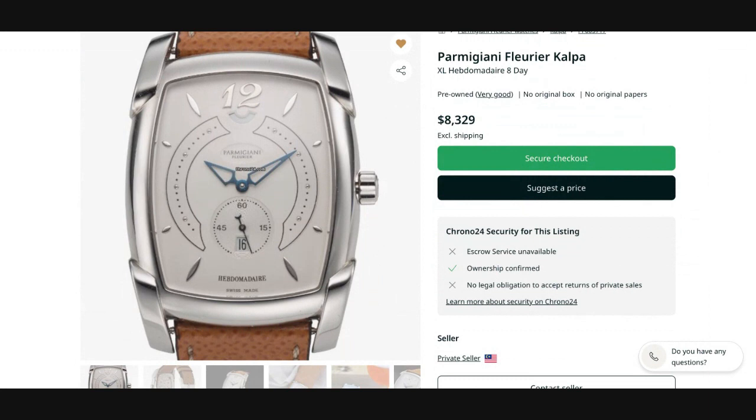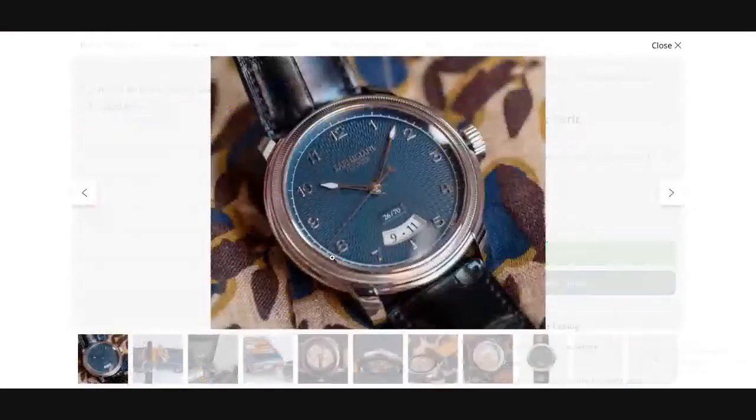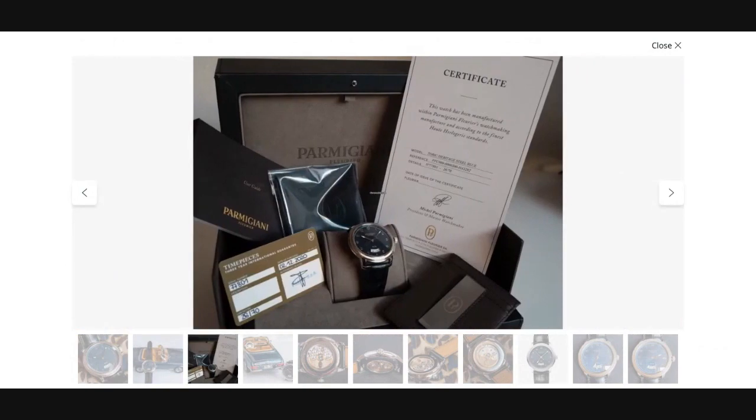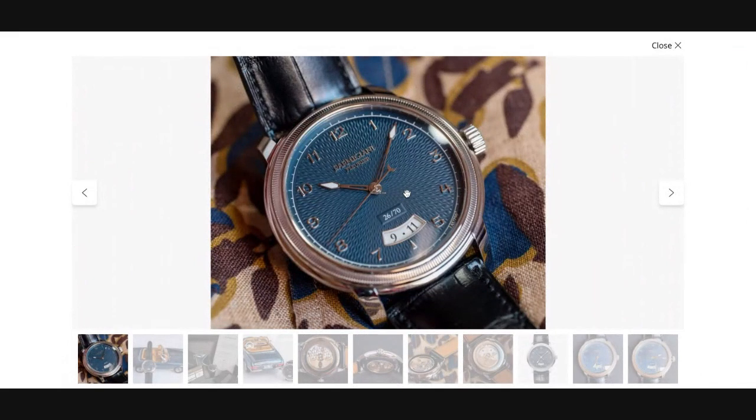Now we have a piece that is more traditional, but very nicely oversized. I mentioned before that the Tonda was introduced to celebrate the 50th birthday of Michel Parmigiani. This particular piece, which is the Toric Heritage limited edition, a run of 70 pieces, was intended to mark the 70th birthday of the master watchmaker. It has that beautiful, I don't know what to call it, you can call it cornflower blue, cobalt blue, peacock blue, whatever you want to call it,